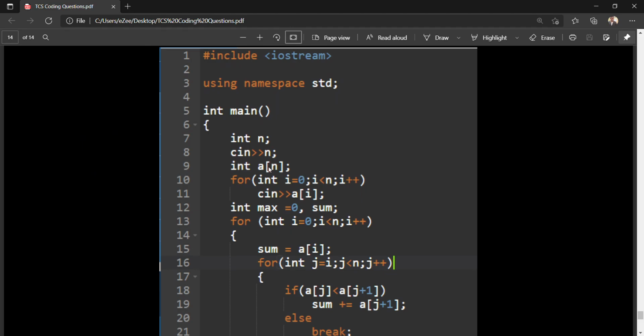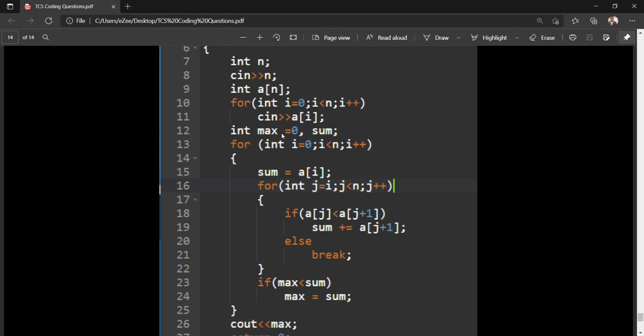Initially we take n as the size of an array, and then we define an array and take the elements as input into the array. After that, we take one variable to hold the max value, and then we take sum as a value and define sum equal to the first element of the array, and then we take one more for loop, leaving the first i elements behind and starting from